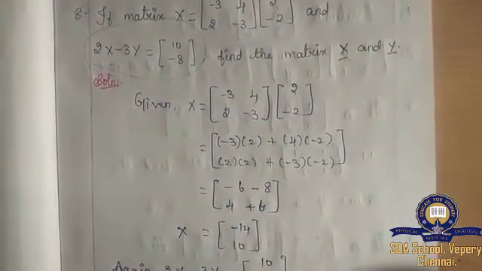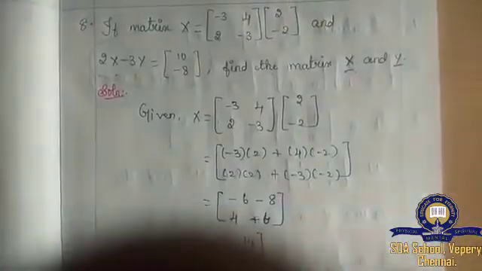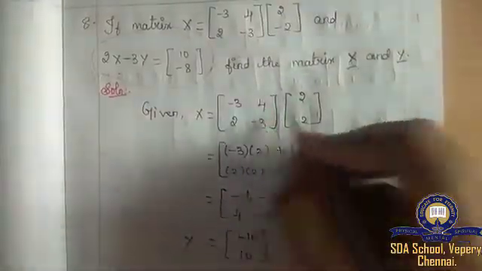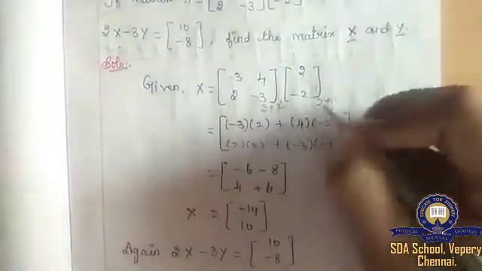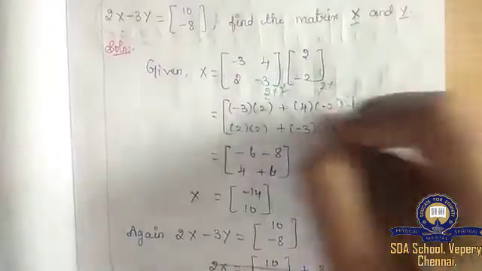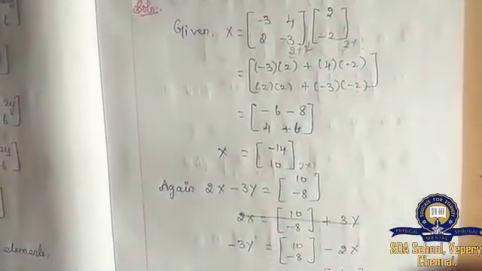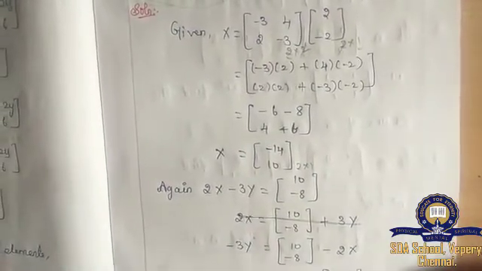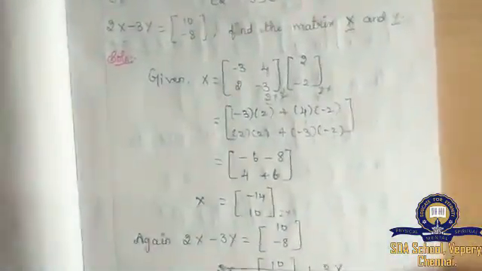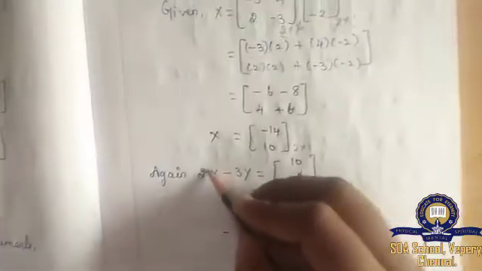If you want to substitute the value of X, I want to multiply these two matrices. Am I right? So if you do the matrix multiplication, what will be the order? 2 by 2 and here 2 by 1. The numbers in between are the same. So the resultant matrix will be 2 by 1. Can you solve it? Hope you people can do it by yourself. If you have any doubts, you can go through the first problem also. Then move on to this condition. Again 2x minus 3y is equal to 10 and minus 8. Here I am just going to substitute the value of x, that's it.